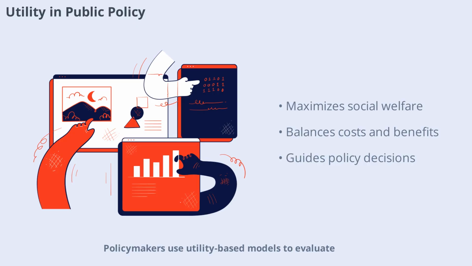Policymakers use utility-based models to evaluate the impact of laws and regulations. By estimating the utility of different policy options for various groups, they can make choices that maximize social welfare. For example, decisions about healthcare funding or transportation projects often involve balancing costs and benefits to achieve the greatest overall